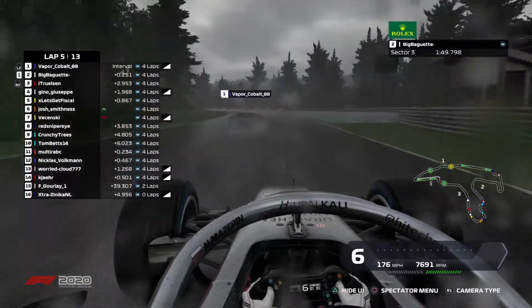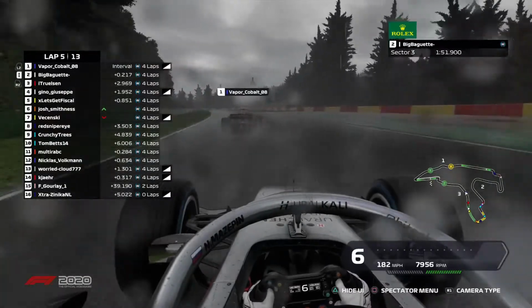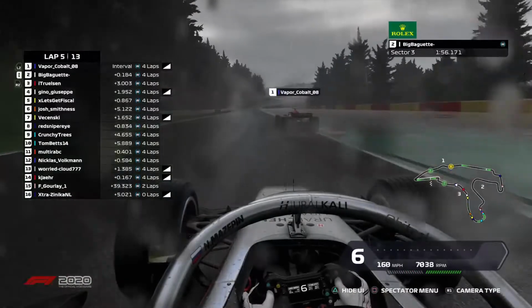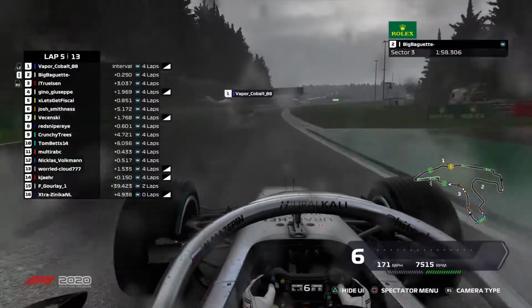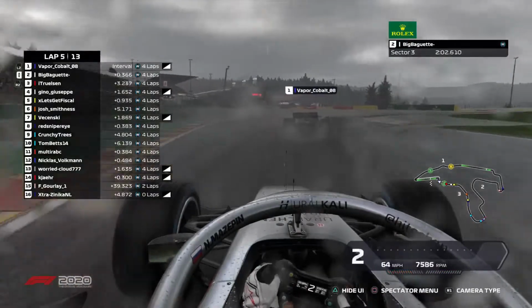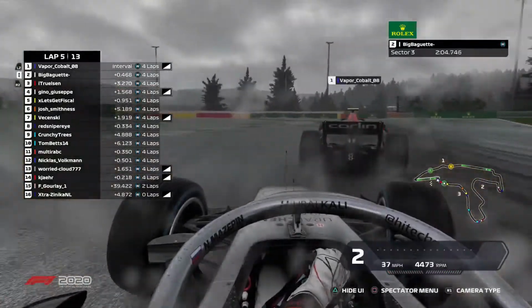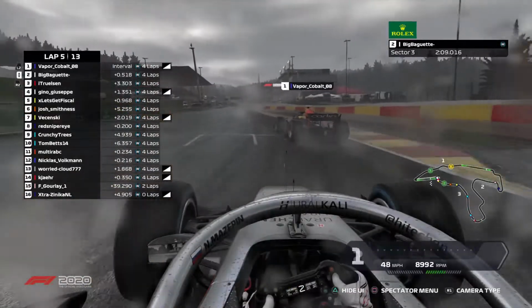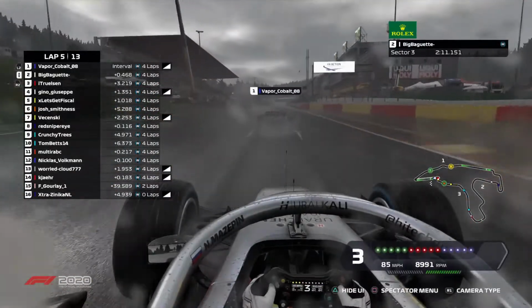Big Baguette is still doing his best to chase down the speedy Vapor Cobalt. Now inside of 0.2 of a second. Might take a look. A little bit of contact with grass there on that turn. Had to be very, very careful not to spin out. If he had tapped the brakes there, that could have spelled serious trouble for Big Baguette. But right back in it, maybe lost a few tenths of a second